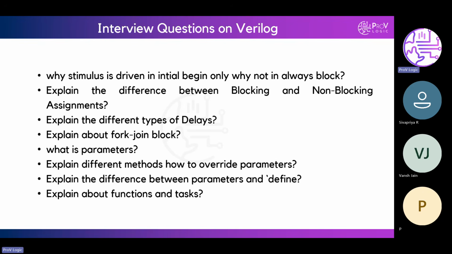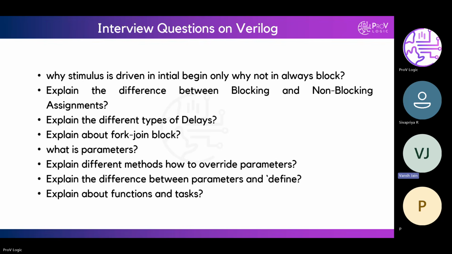What about you, Vansh? It is used to actually model the registers. In registers, we have previous values. When the clock comes, the previous value should execute. Register is basically used to store the value.